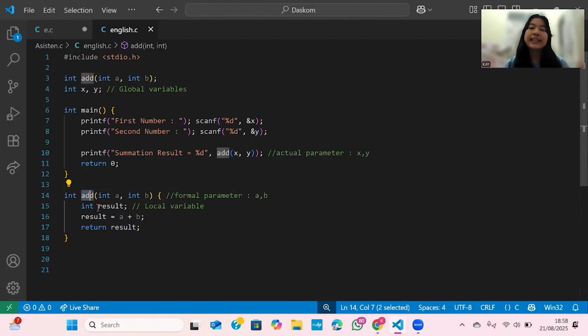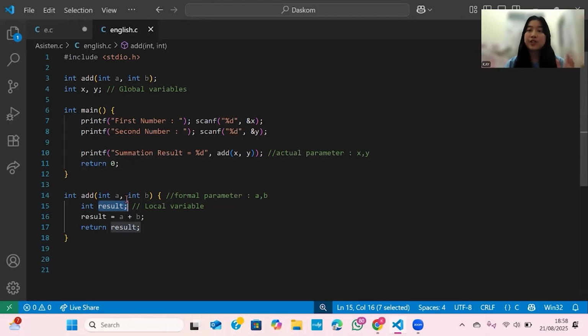Now look inside the add function. There we see result. This is a local variable. Local variables only live inside the function where they are created. Once the function finishes running, the variable disappears.